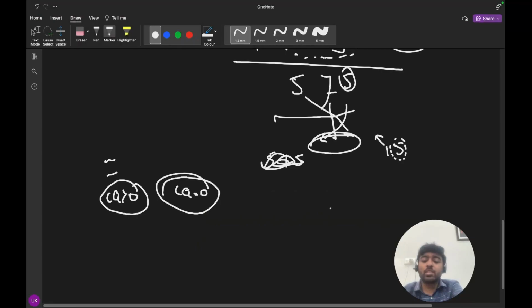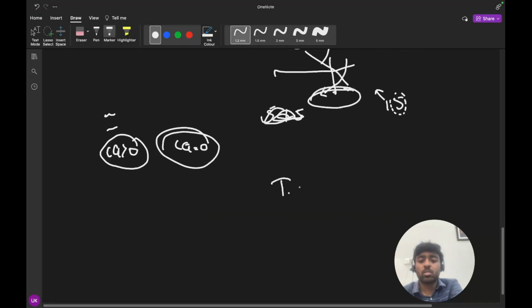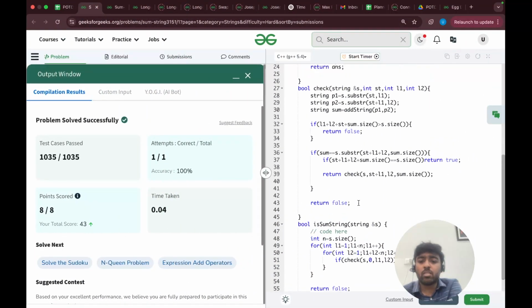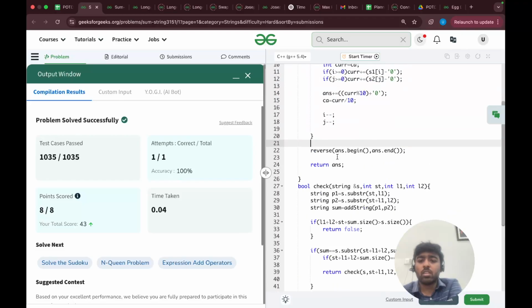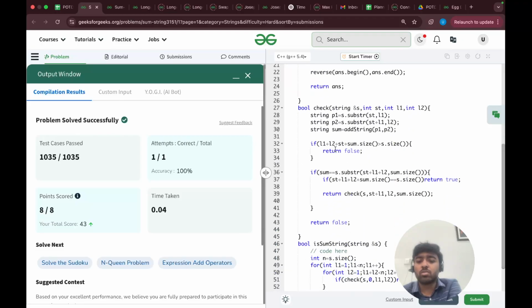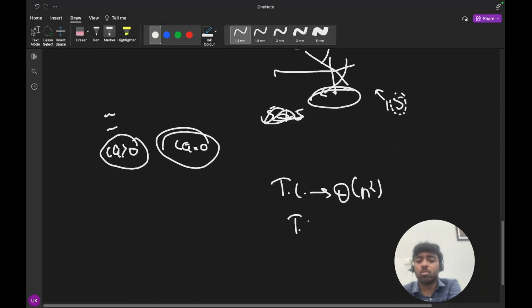So the time complexity for this solution is O of n cube, sorry, not O of n square. And if I talk about the space complexity, we are using this answer variable, so we can say it is O of n.